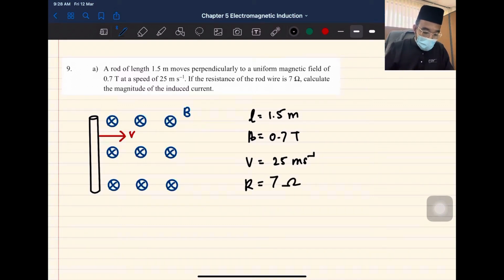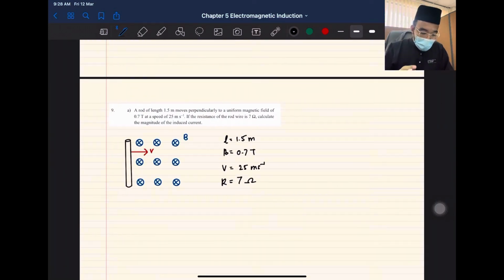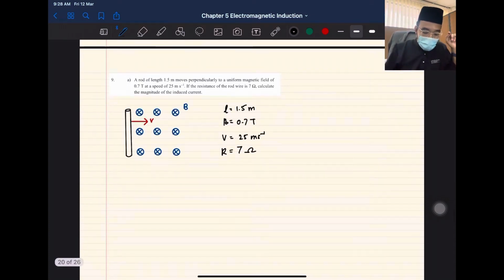So this one is actually a rod wire, so it's basically a rod. When the rod moves across a magnetic field, you have a change in area. We discussed that in our previous subtopic, but now we just want to solve this one. To solve this is very straightforward. You have one particular formula where EMF equals BLV sine theta. Okay, the theta here is actually equal to